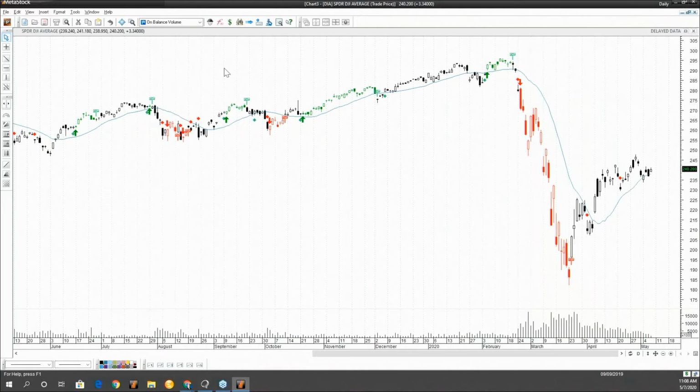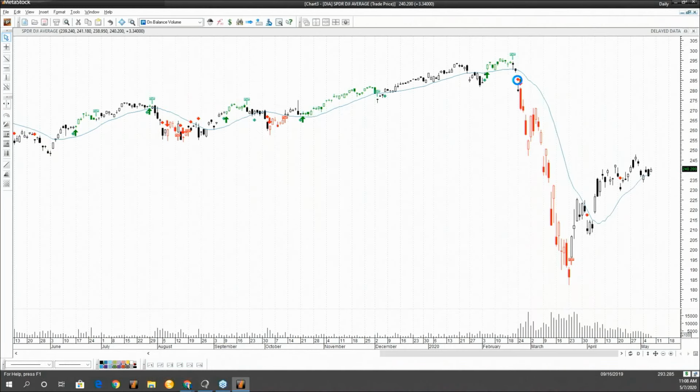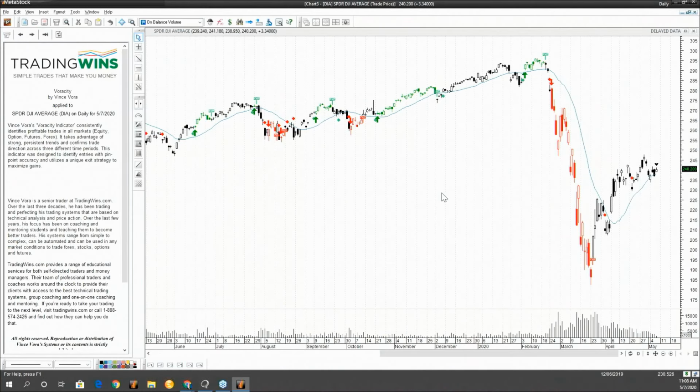So let me go through this. As I mentioned in the very beginning of the webinar, you have a detailed commentary window along with the expert advisor. If you're new to MetaStock, the expert advisor is what actually gives you those buy and sell signals on the charts. And then you have your diamond as well, which is also part of the expert advisor, and the colored candlesticks in this situation. If you like bars, you can definitely change them. And for those that want to look at bars, we'll look at both.